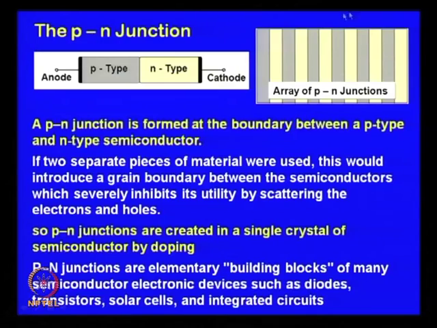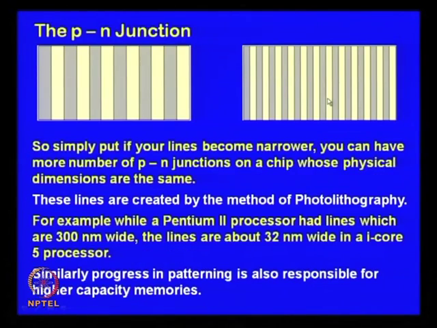So, essentially what you want to have is an array of p-n junctions, where every interface between a p-type domain and an n-type domain acts as a junction. Now, here comes the trick. Suppose you have a physical size of the IC chip, and simply put, if your lines become narrower, you can have more number of p-n junctions on a chip